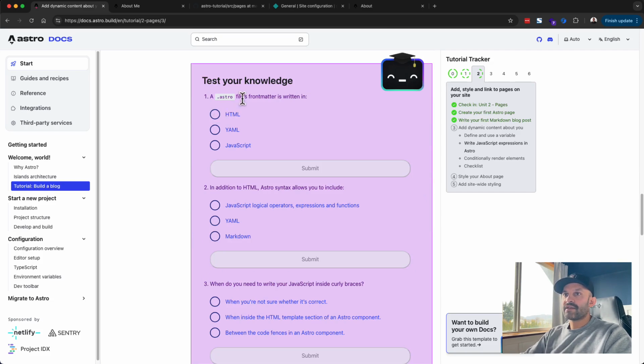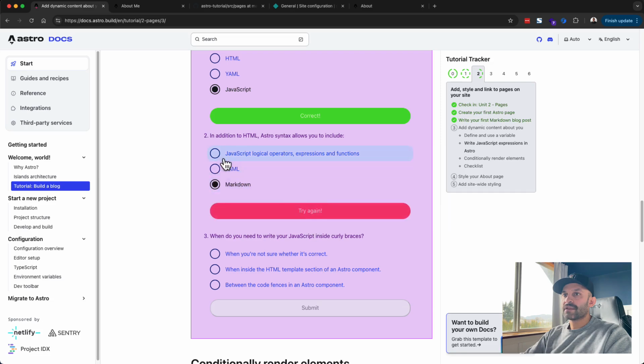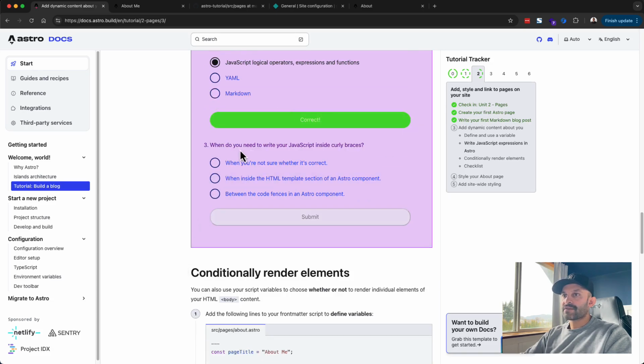An Astro file's front matter is written in JavaScript. In addition to HTML, Astro syntax allows you to include markdown, but it must be JavaScript expressions, I guess up at the top there. When you need to write your JavaScript inside curly braces,